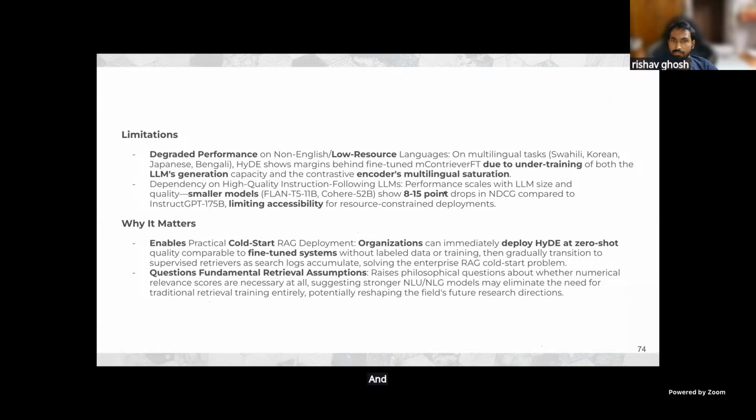And apart from that, the accuracy of this HyDE model has been found to correspond directly to the kind of instruct models we use to create that hypothetical document. So the better the hypothetical document, the better the answer. But since it depends on bigger models, it has limited accessibility.